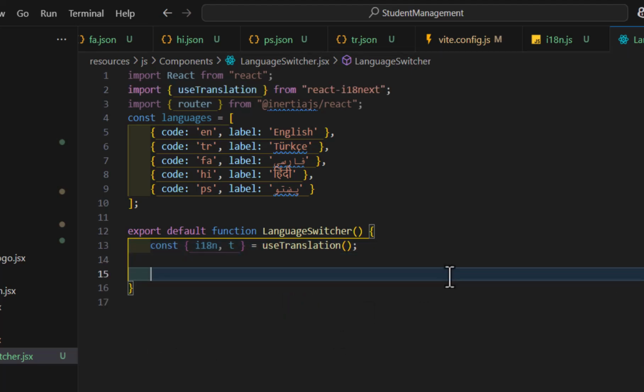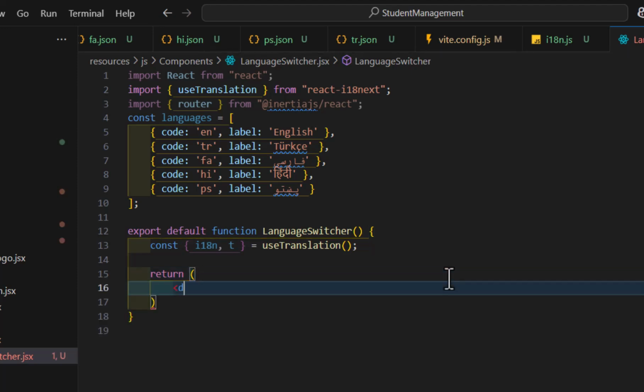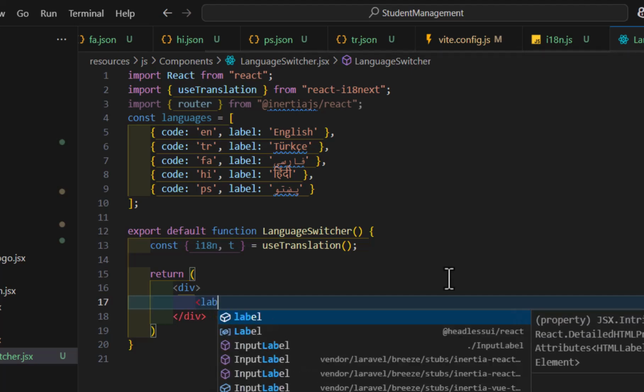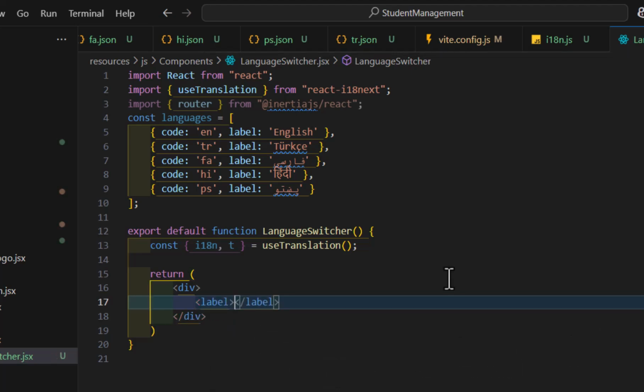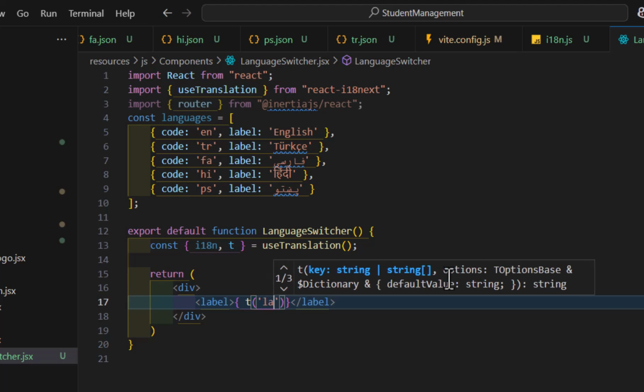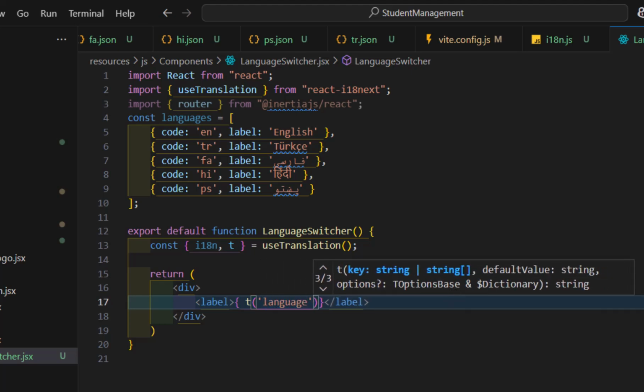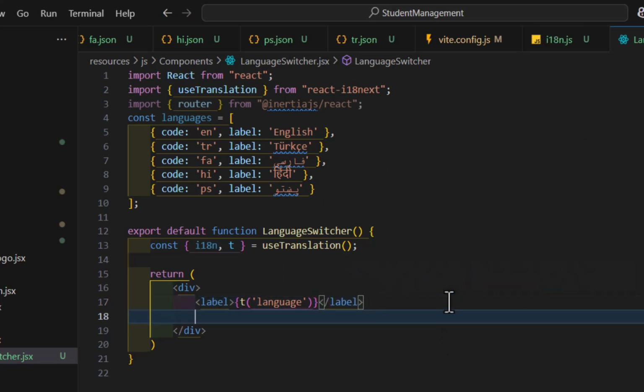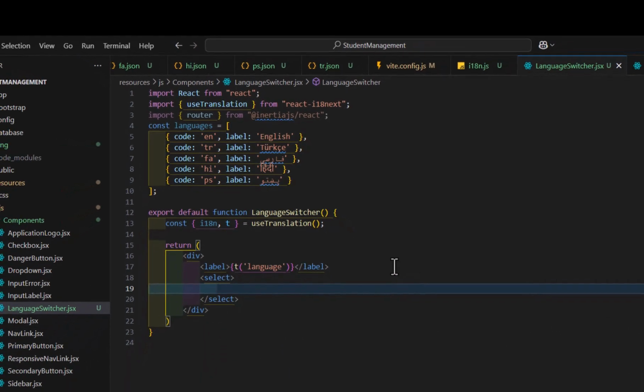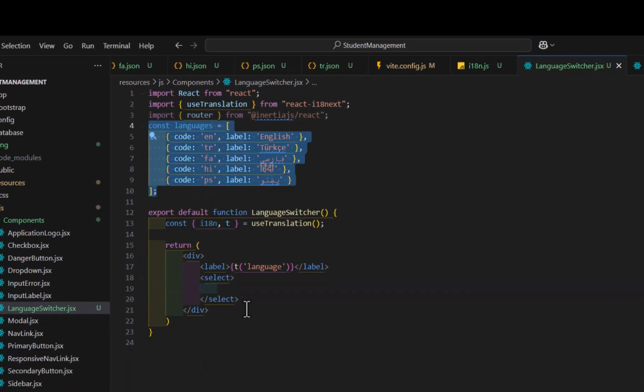Now let's return a select option so the users can change the languages. So let's return and create a div label, give them a label of language. Then let's create our select option. So let's type here select, and for the option we are going to map through our languages and display them